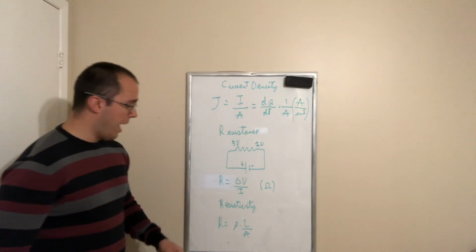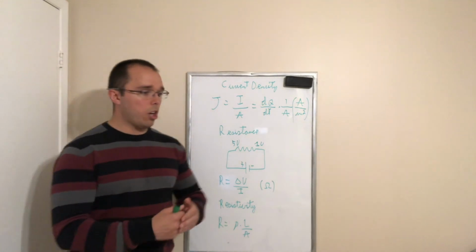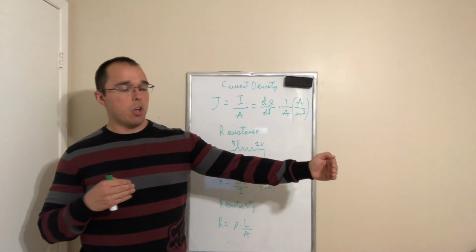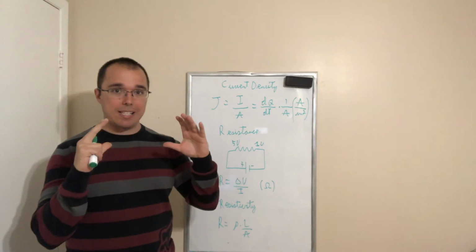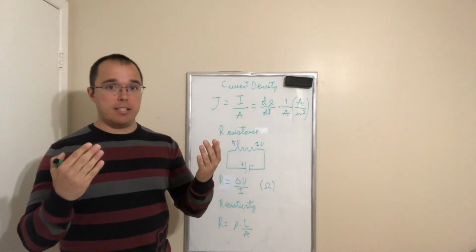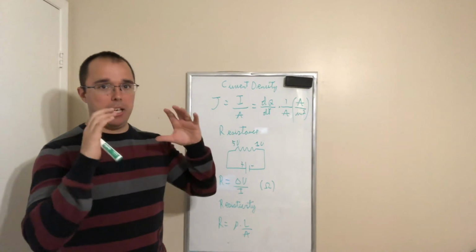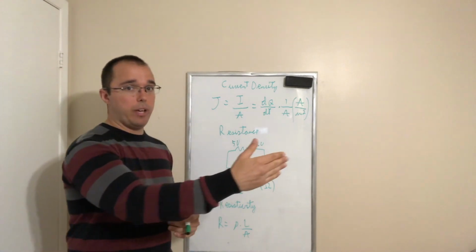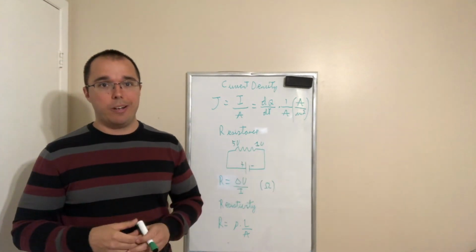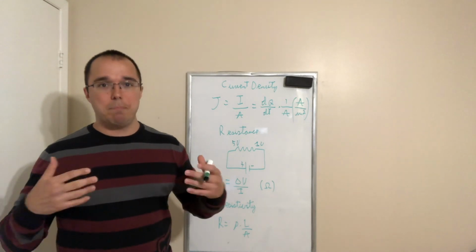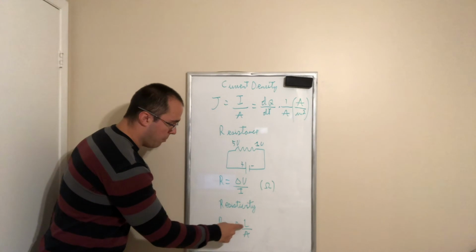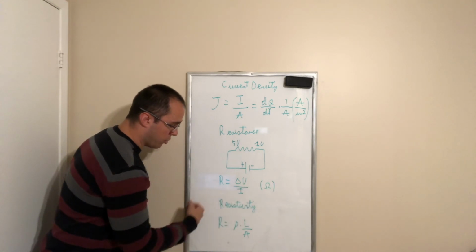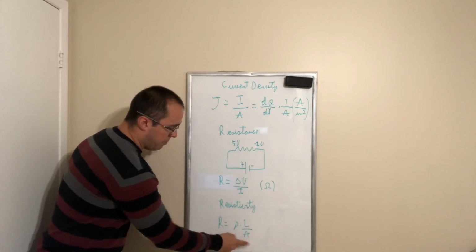the cross-sectional area. So the longer the wire is, the higher the resistance. The bigger the cross-sectional area is, the less resistance there is. And it kind of makes sense. The bigger it is, the easier the electrons will flow in. The longer it is, well, the more energy it might lose. All right? So resistance equals resistivity multiplied by the length of the conductor we are considering divided by